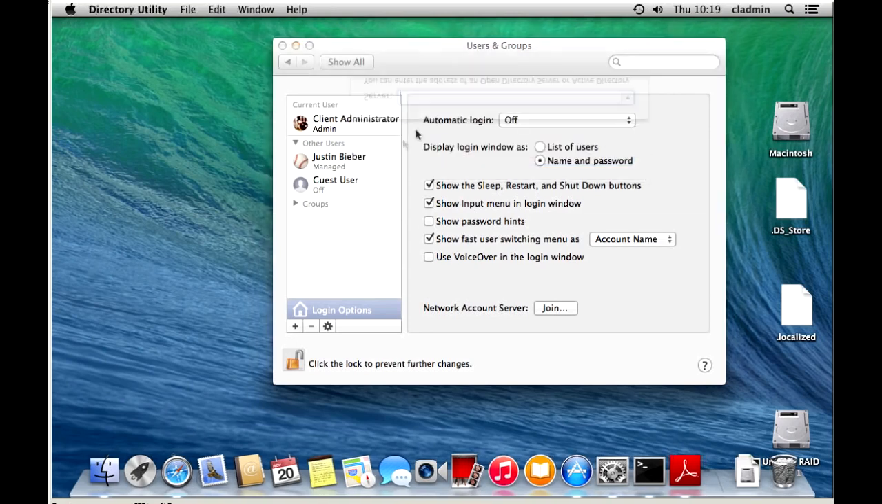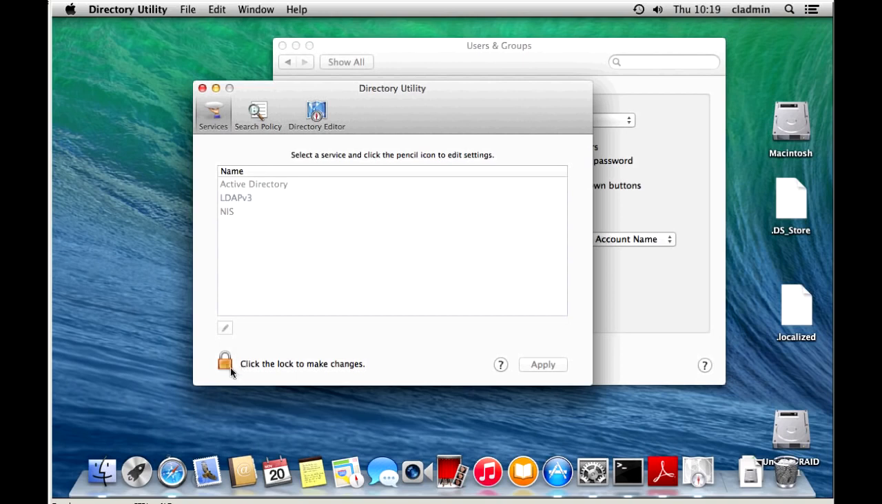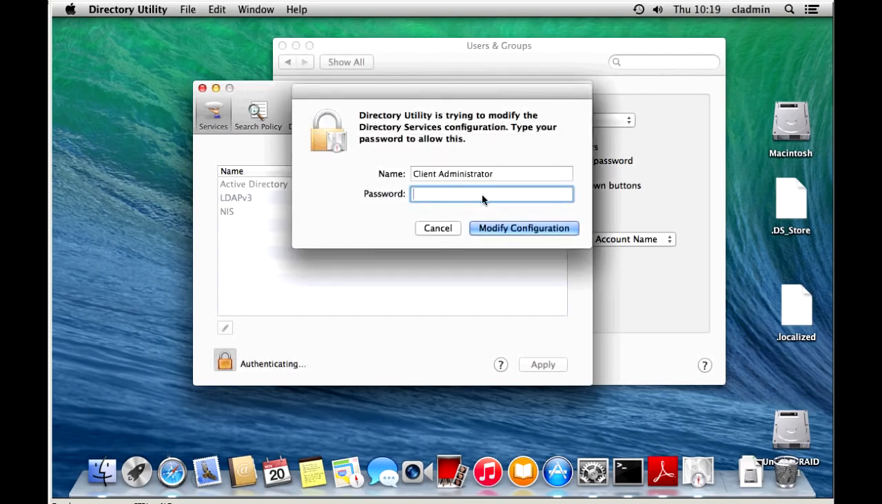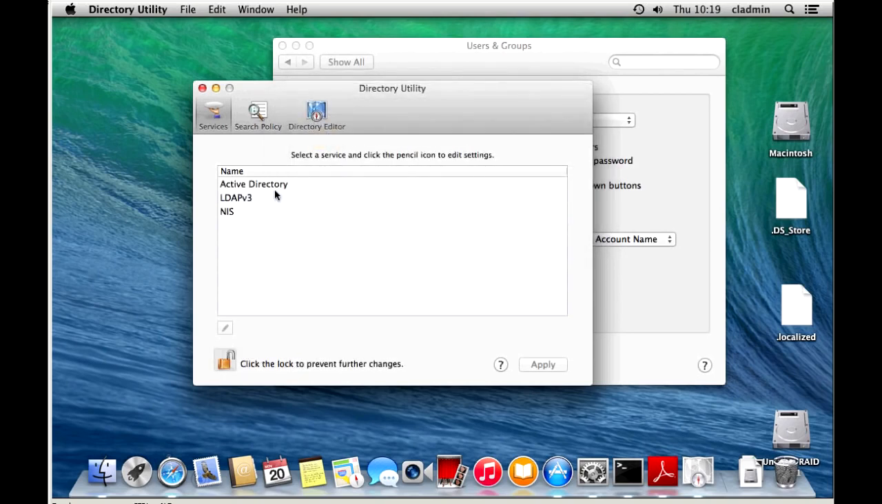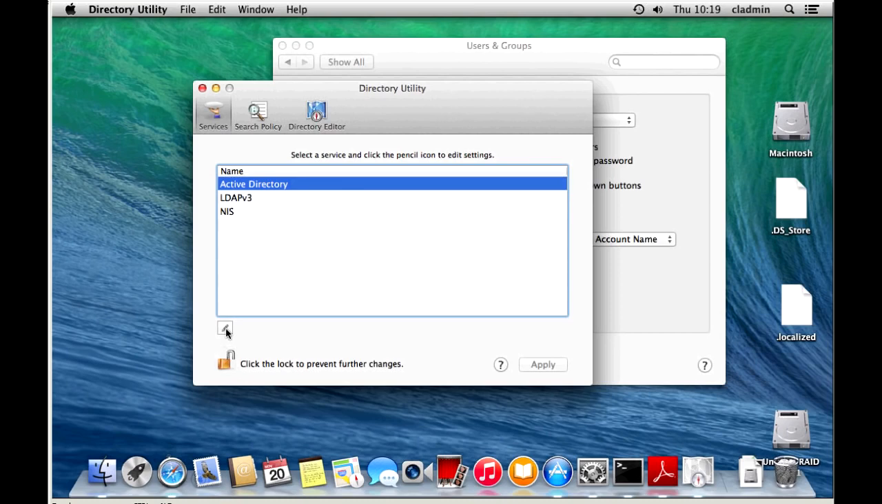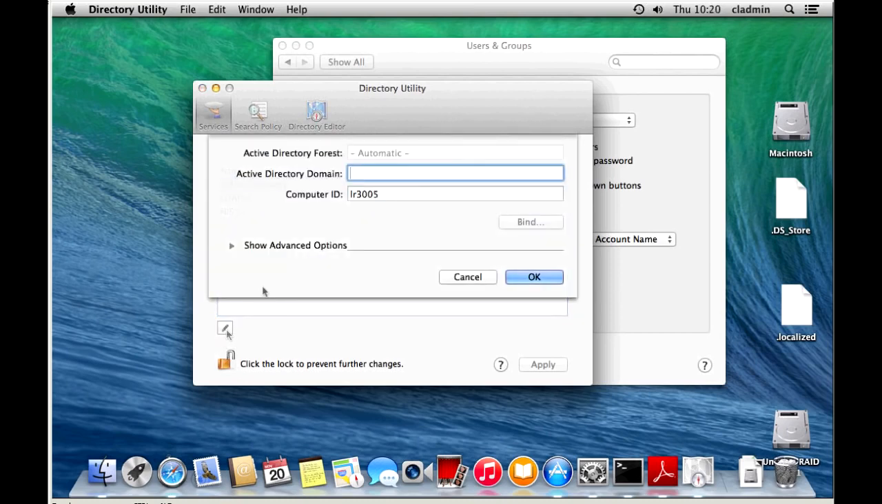So we use the open directory utility, unlock the interface here as well, re-authenticate, and then choose Active Directory and the button with the pen symbol. Now here we just type in the name of the computer account. It will be created automatically in the Active Directory. We type in the Active Directory fully qualified domain name of that domain, and we have a few advanced options